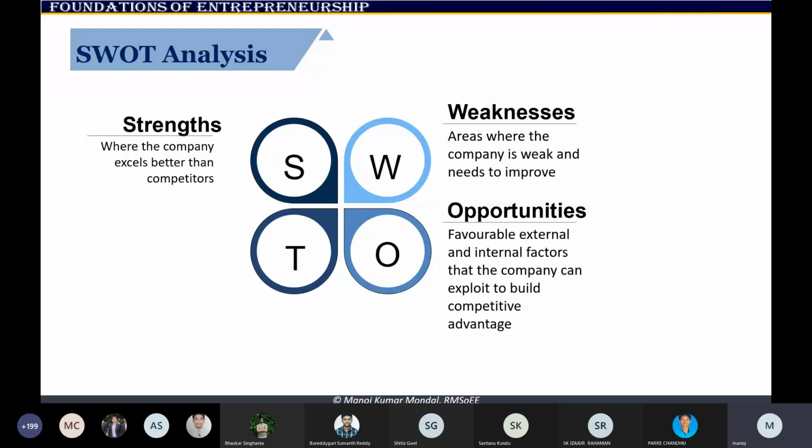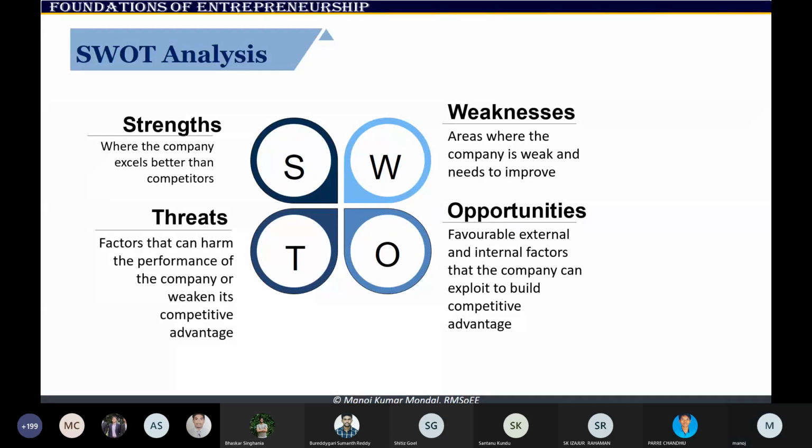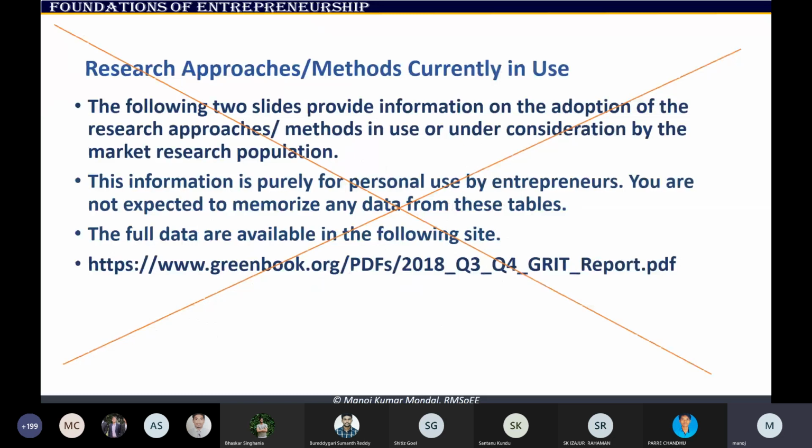Likewise, there may be many other opportunities. Threat is something in your company or with your company that can be broken by your competitors, or customers may go away because of that, or that may create some inherent weakness at some point of time. This is a threat where your company's competitive advantage weakens. You have some advantage, but it is susceptible to external threat.